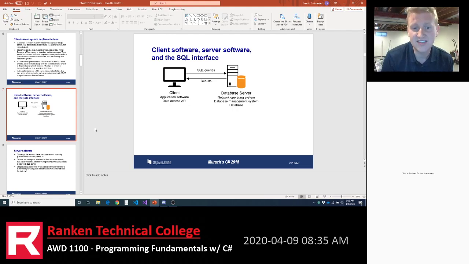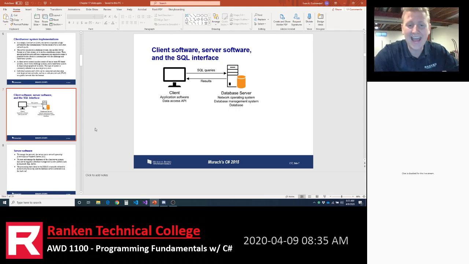And you see on the client side, it runs the application software. The application software might be the software that you're writing. You're building the application software with C#. And the data access API, again, an API, if you've heard of that before, is just a library of code.